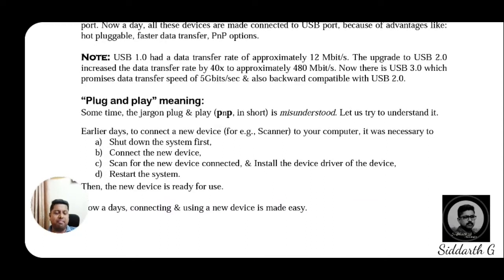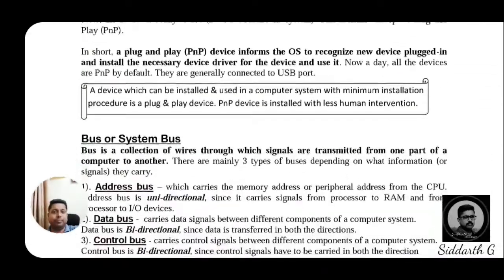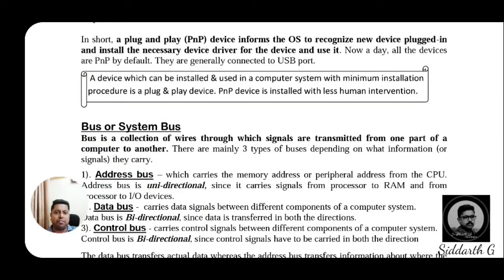Define plug and play device, or write a note on plug and play device, or write a note on USB. So different questions they may ask for 1 mark or 3 mark. See, in short, if you want to tell about plug and play devices